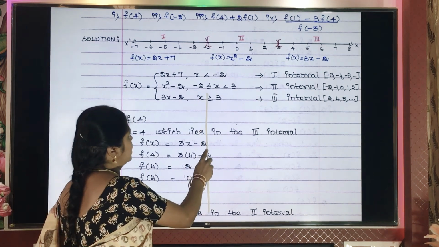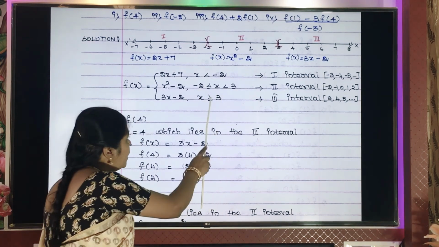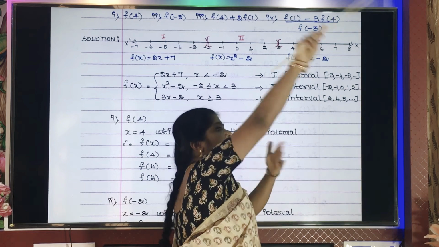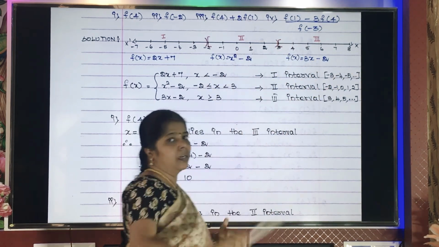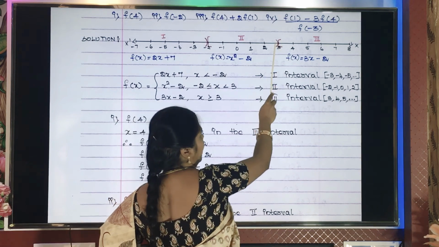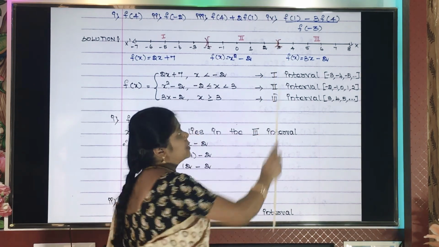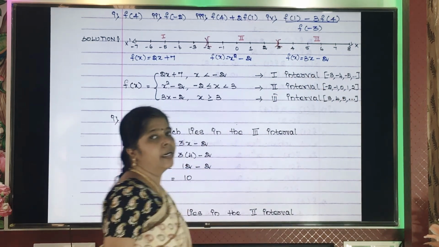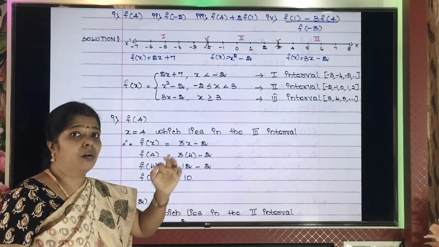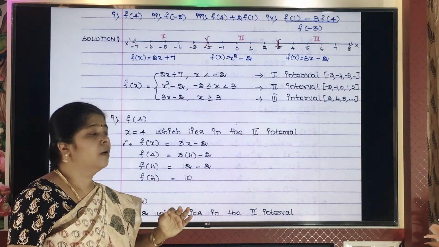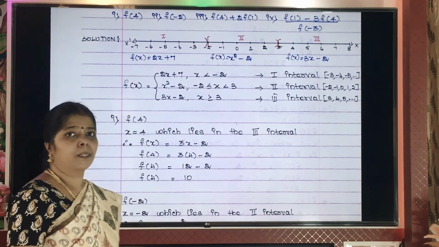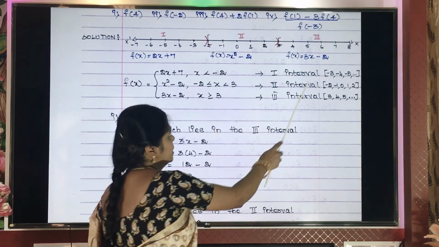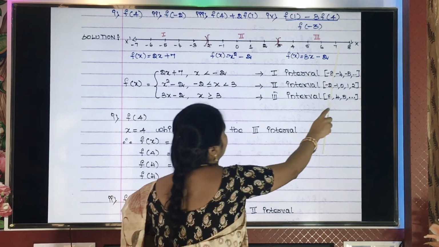Third interval: x greater than or equal to 3. Equal to is there, it is included. So from 3, greater than 3 means what? 3, 4, 5, 6, like that, it will keep on going. So I put a square bracket here to say that 3 is included. From 3 onwards, all this will become your third interval. First, understanding the concept of interval is very important. Only then will you be able to proceed with the questions. Hope you all have understood? By the given conditions, I have taken the intervals and marked them on this number line.